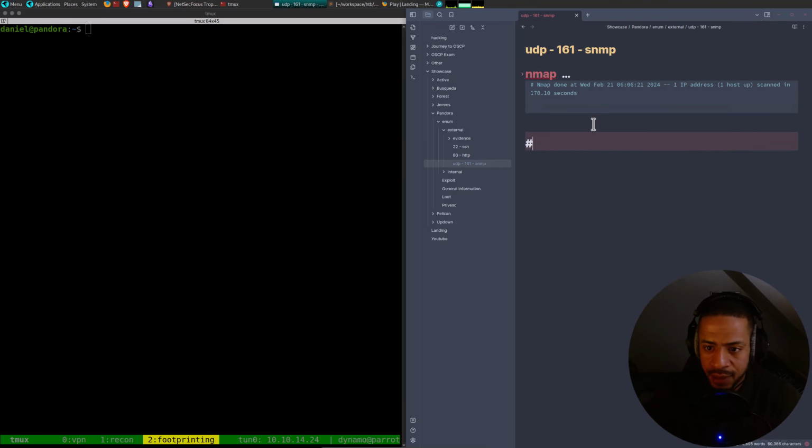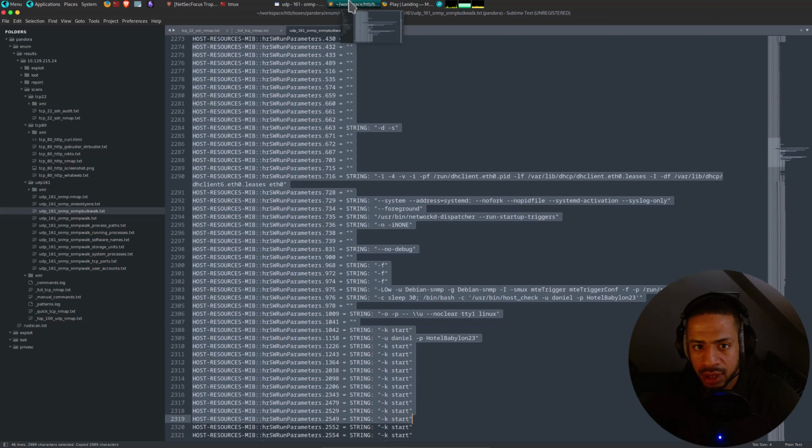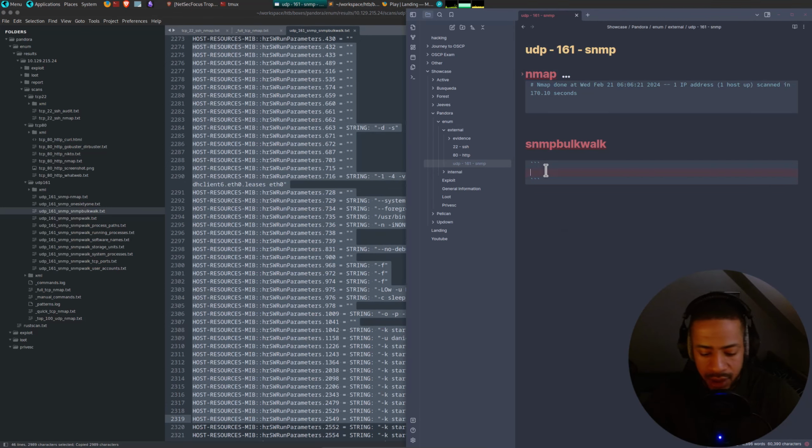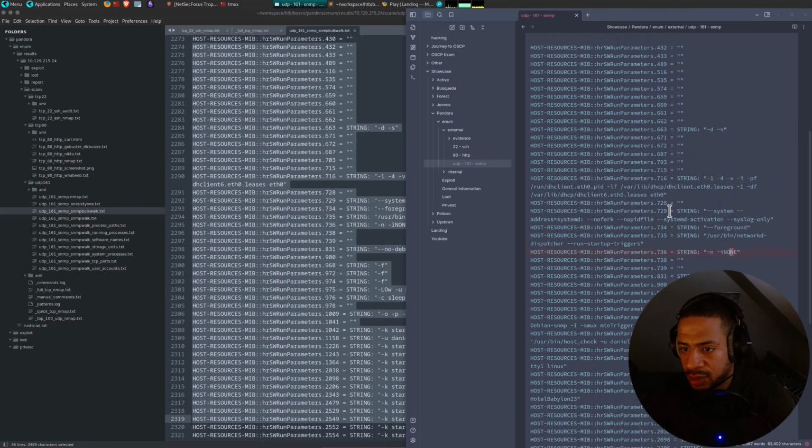Here we can say SNMP bulk walk, and don't worry guys, I'm not going to paste everything in there, but I am going to take this part, say the usual snip to show that there was a lot more there, and this is still a bit too much.